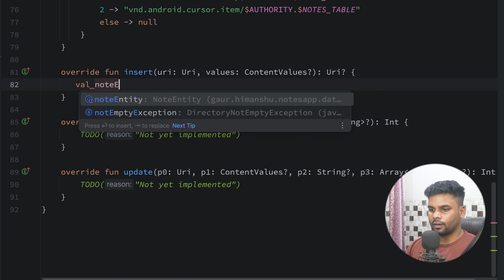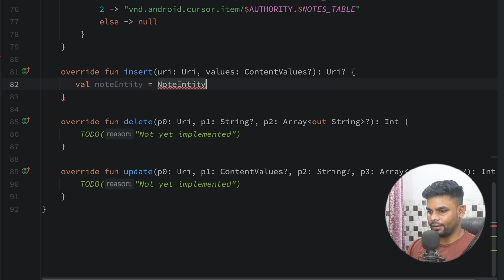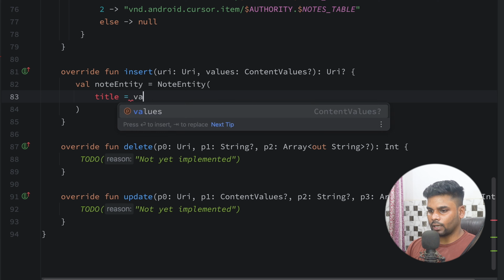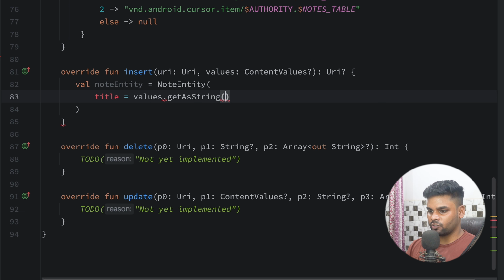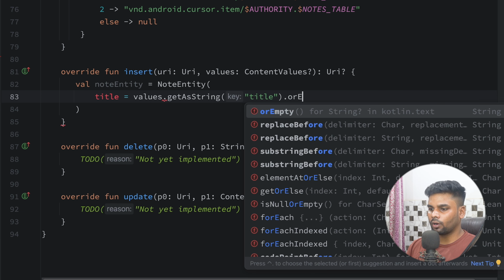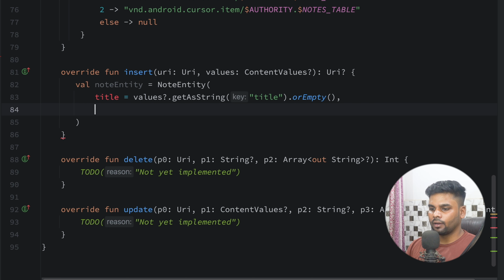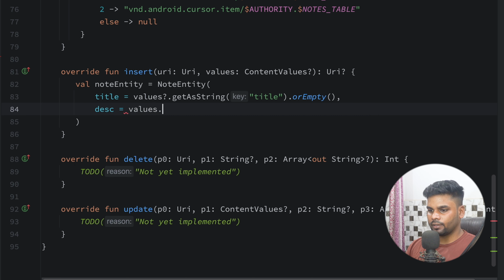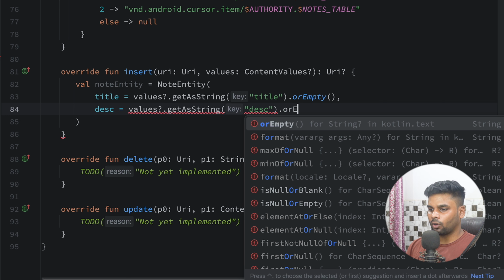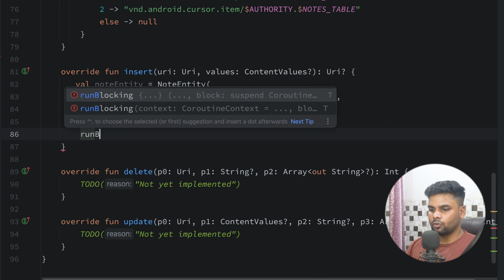So I'm gonna create here a note entity. Requirement of this thing would be title. So title is coming from values get as string, and the key is title or empty. Make sure to use here question mark operator because this is a nullable. Next we are having description. So again this is coming from values get as string, desc or empty, and simply use run blocking